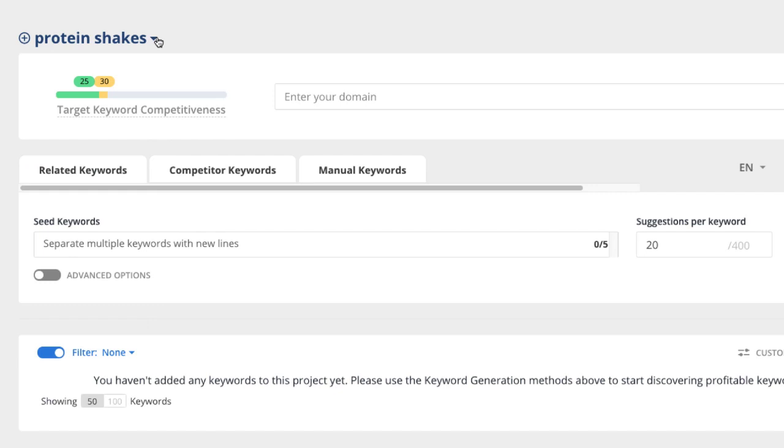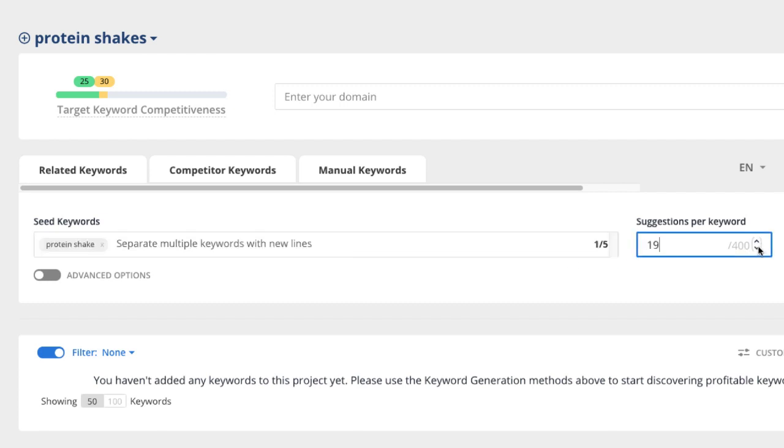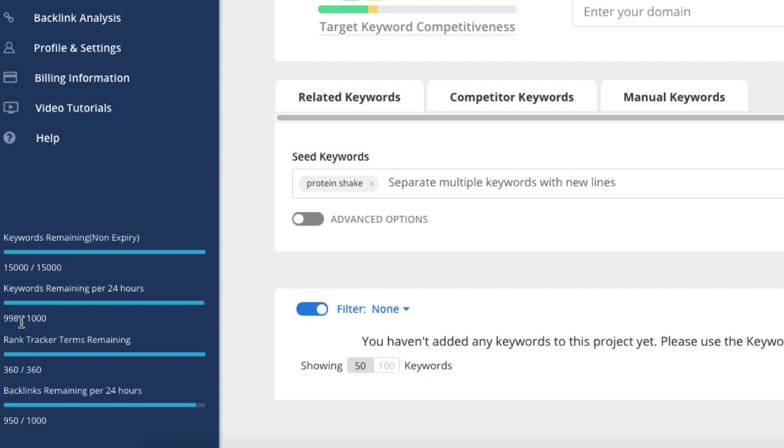So I'm going to add in here my keyword, protein shake. Okay, and I could add a bunch, but the way you start is with your main keyword. That's the deal. You want your main anchor keyword, the one that you're going to build on. And we're going to do 20 searches here. I could do more. I could put in up to 400, it says, but I'm going to do 20 because as you'll notice over here, I have keywords remaining per